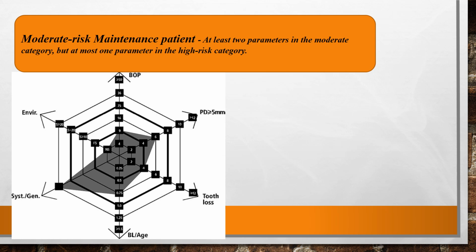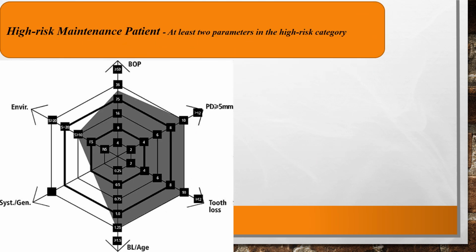Okay. Then coming to the moderate risk, if at least 2 parameters are in the moderate, but at least one parameter in the high risk category, it is considered as moderate risk. And coming to high risk, if at least 2 parameters are in the high risk, it is considered as high risk. So low risk is 2 factors in the low risk, moderate risk is at least 2 factors in moderate and 1 in high risk, and high risk is at least 2 parameters in the high risk category. Okay,